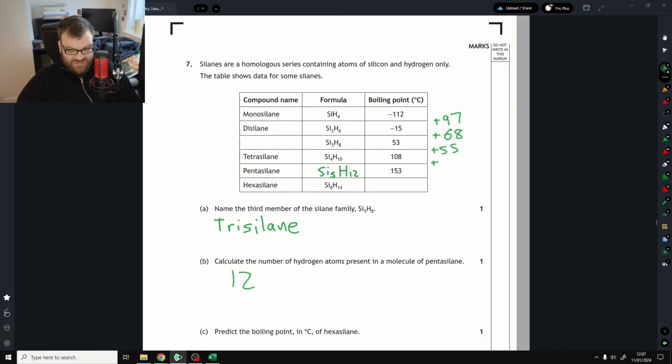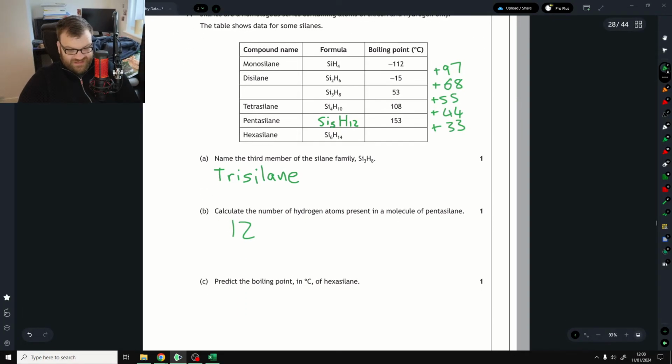Gap is getting smaller every time. That's now 44. What this would suggest, this will be something that's less than 44. I'd probably say it'd be something like 33, 32, whatever it might be. This means that if we do 153 plus that number that I've decided is 33, we'd get an answer of 186